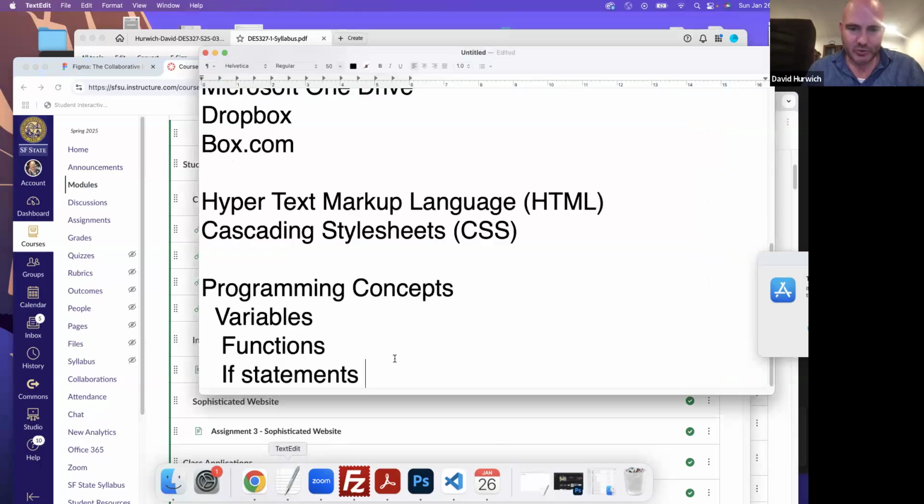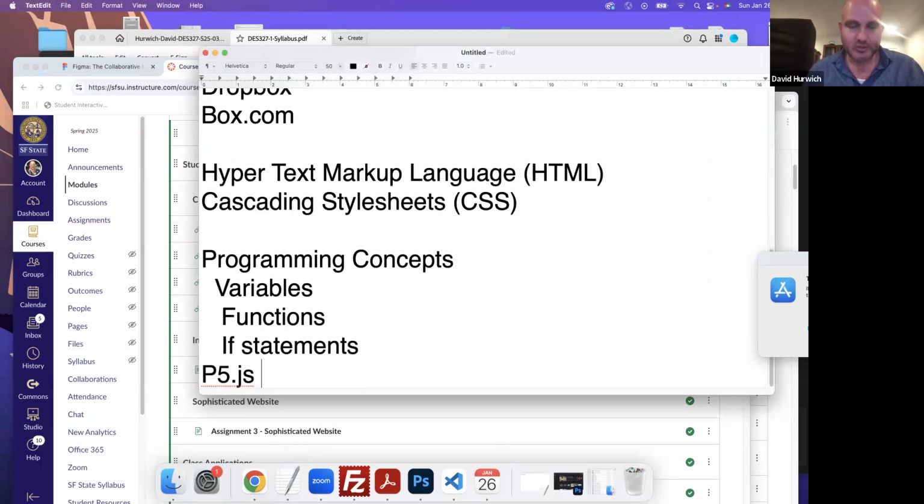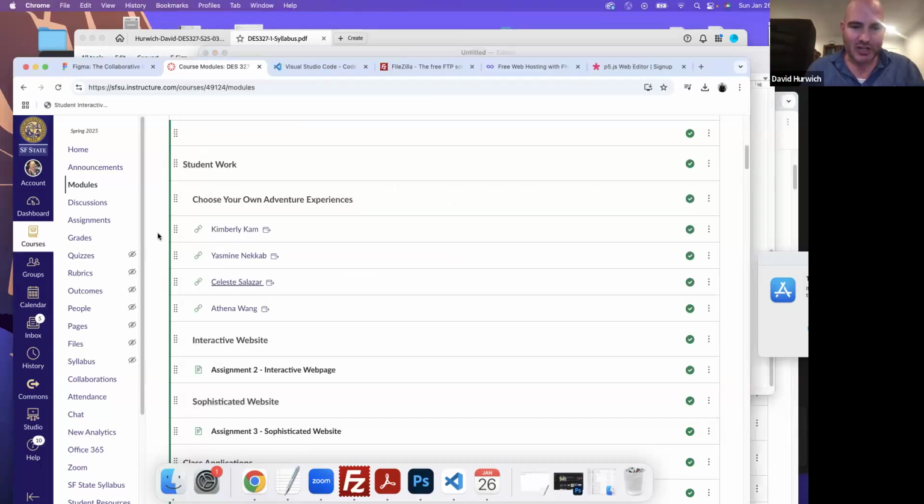We're going to specifically use P5.js. Okay. P5.js is a JavaScript library, and we'll talk more about that later. And you're going to learn how to implement logic into HTML CSS. So we can add JavaScript into an existing HTML CSS web page. Okay. So your second project is you guys are going to